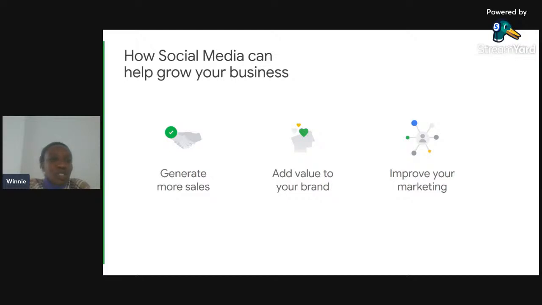So now when it comes to social media, remember social media can help you to generate more sales. This is by reaching new customers. Remember, on social media you can target demographics, you can build relationships and networks, and it adds value to your brand. How? Customers can raise complaints, there's two-way communication between the both of you, and it generally improves your marketing because you're being seen.